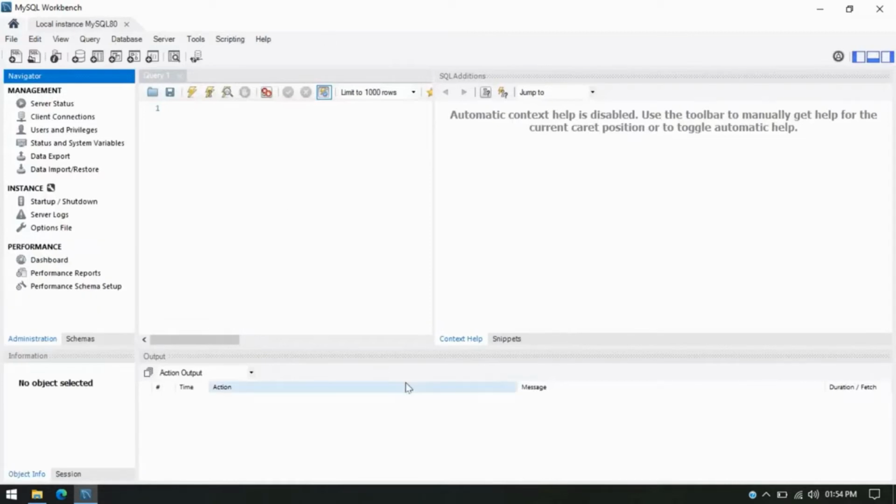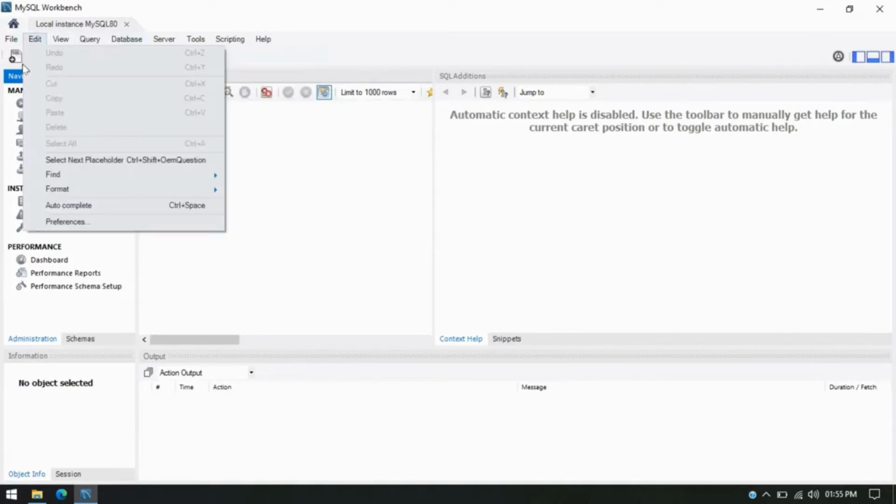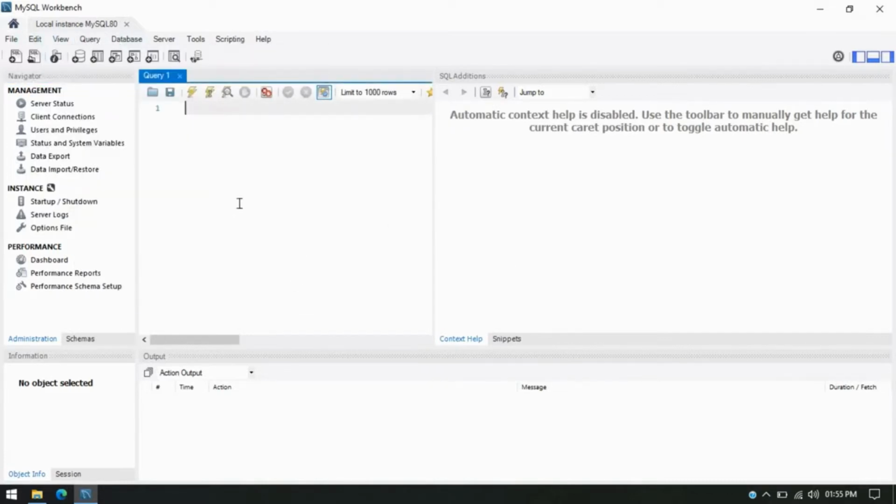Now connection established successfully in the MySQL Workbench, and then you can create a database. You can start working on that. You can create a table, and you can fetch query from here. So you can see here we can create a new schema and then a new table like that, so you can start working on that. So we have successfully downloaded the latest version of MySQL, and we have successfully installed MySQL in our system.